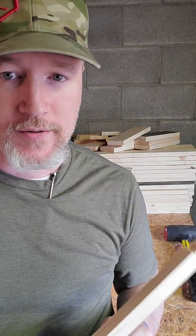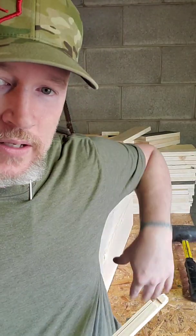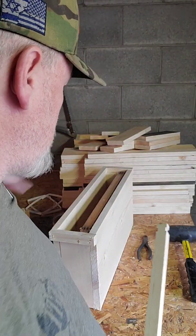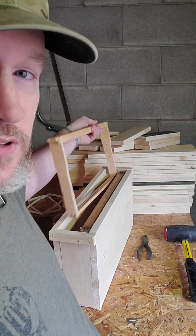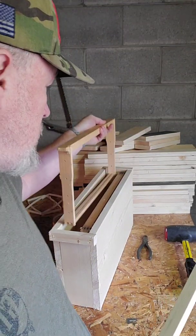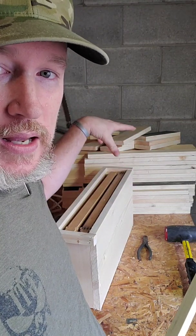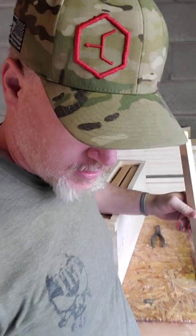She'll go in there, one queen per nook, and we'll take nurse bees from the other hives, and they'll be in here. She'll be born. They'll have their new queen. A few days later, she flies out, she mates with some drones and comes back and starts laying eggs into one of the two frames, because one of the frames is going to be nothing but food, and then one of the frames she'll have the capability of laying eggs in, okay? And then we will have to constantly keep food on the...